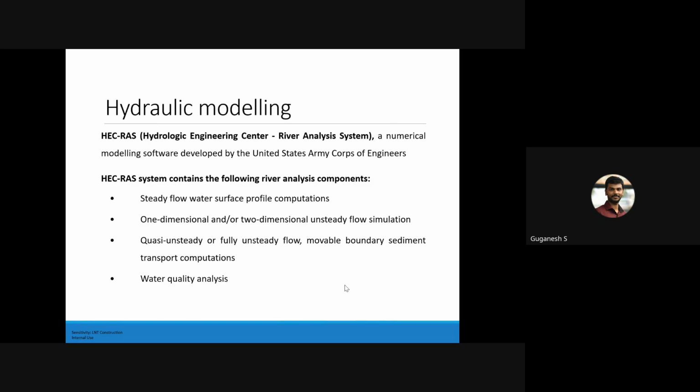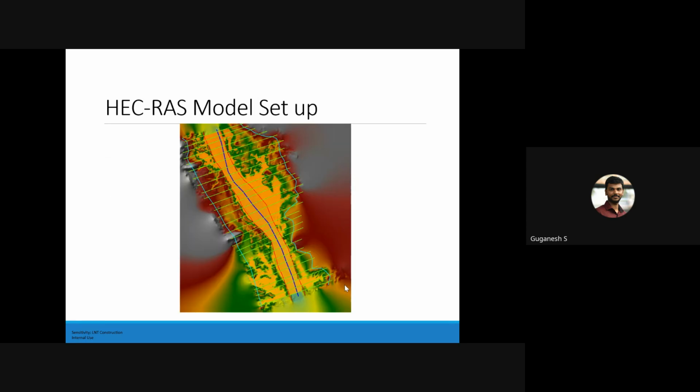So same, it is also developed by the United States Army Corps of Engineers, and it comprises the following components. It includes steady flow water profile computations, 1D or 2D unsteady flow simulations, and water quality analysis can also be done using this HEC-RAS component. So after identifying the hydrograph, then we have to calculate the cross section of the river